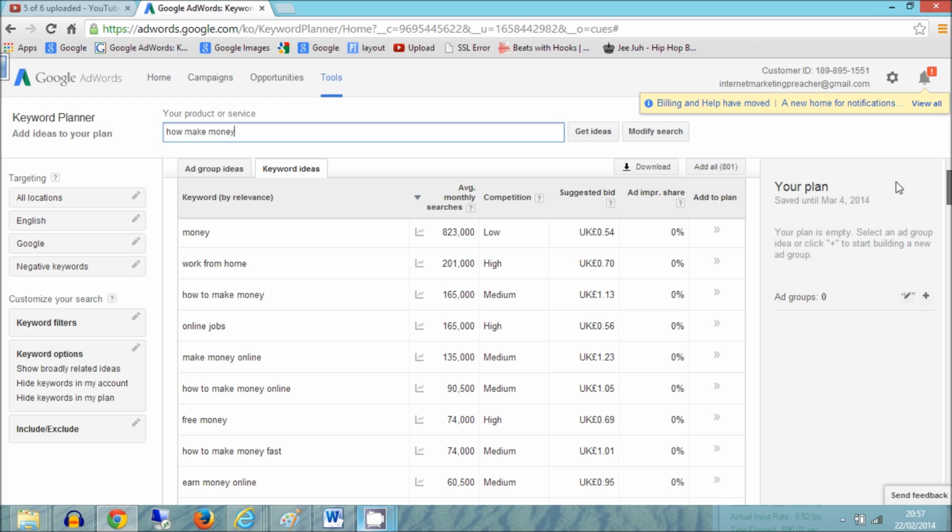If you went into a locality, how to make money in Europe, how to make money in the UK, how to make money in the States, how to make money in each suburb of the States. So it could break down to Texas, to Washington, I think you get the idea now. There are so many tens of thousands of keyword phrases that you could base your domain around. So you're literally spoilt for choice, and if you use the Google Keyword Planner tool the way I'm showing you here, you are spoilt for choice for keywords. And what I like to do is search by volume, then I target keyword phrases.